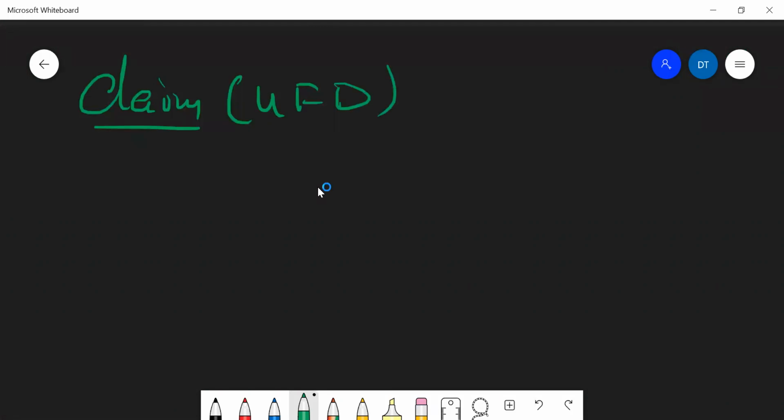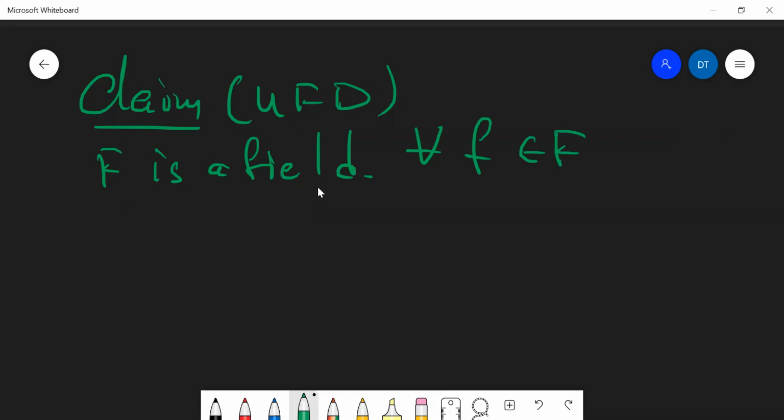I don't want to explain what exactly this means, but let's use the term as it is, as a magical spell which names the claim I'm going to present. So suppose F is a field. Then every non-constant polynomial,